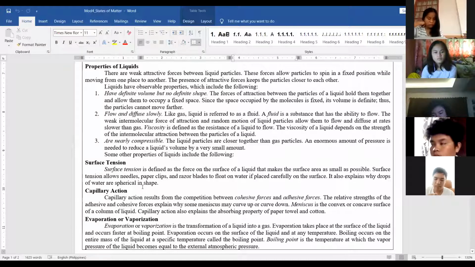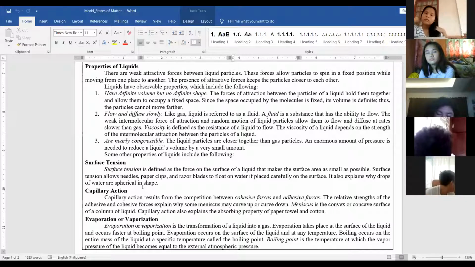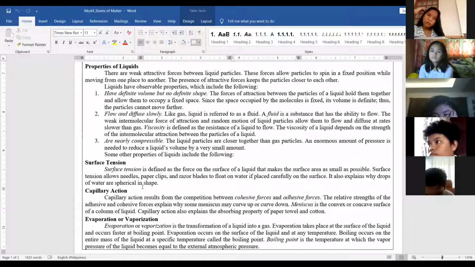By the way, surface tension is the one used in some experiments to place a needle on top of water. I had this before in my science race, or ACAD race, where one of the stations was allowing the needle to stay on top of water without falling. Have you tried ACAD race before, way back when you were still in grade 7? That was 2 or 3 years ago. The needle should stay on top of the water, so there's a slow placing of the needle on top of the water